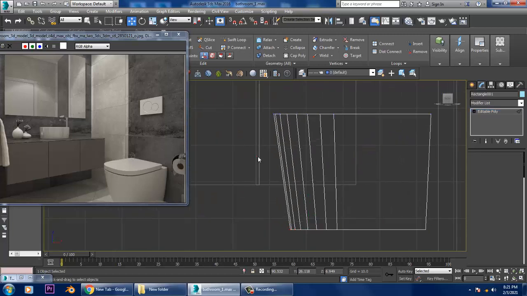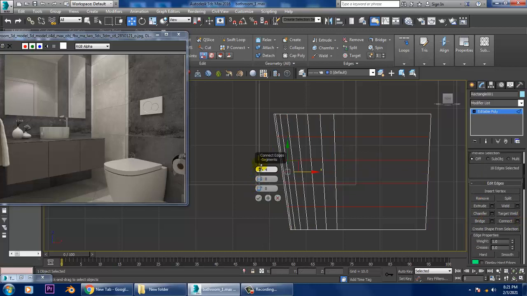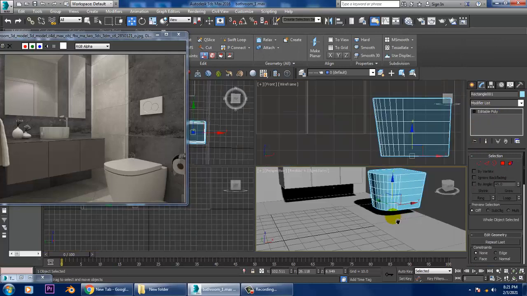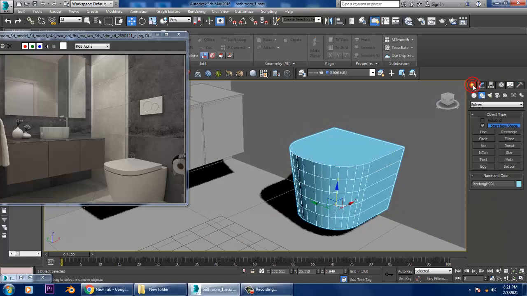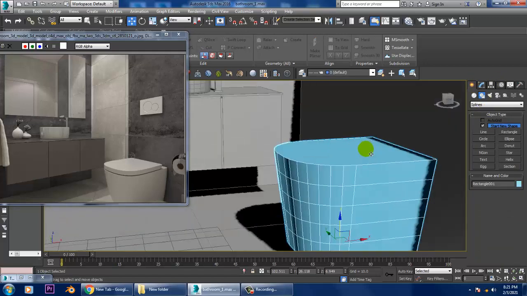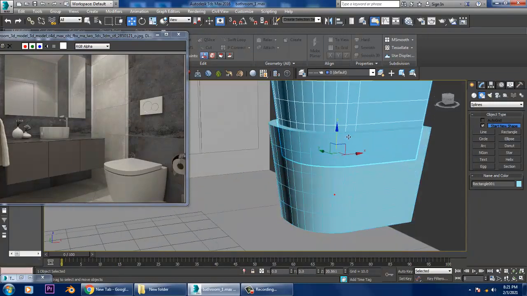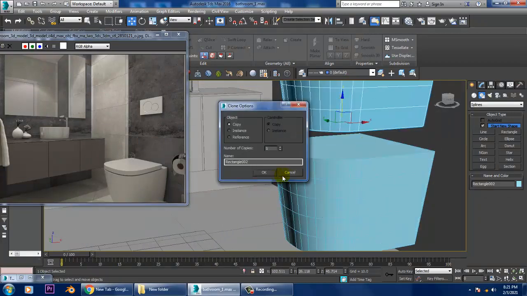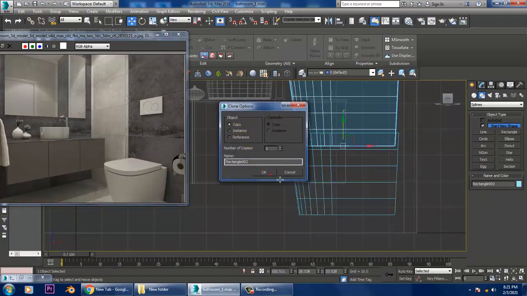After that, I can go over here and I'll put some loops over here. I can put some loops in this way once you're done, and after that again I'll go over here and I'll take a copy of it. I can easily take a copy of it. So let's just take one copy of it. So let's just take a copy, not an instance.